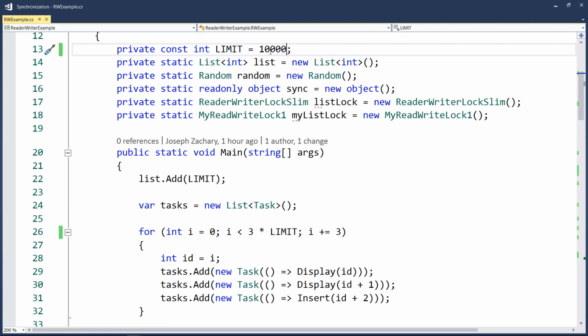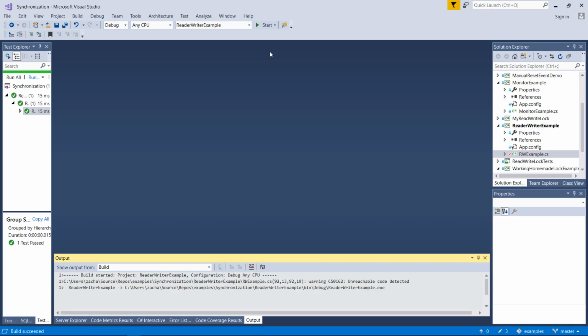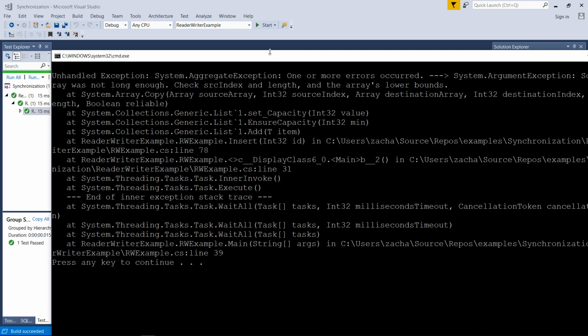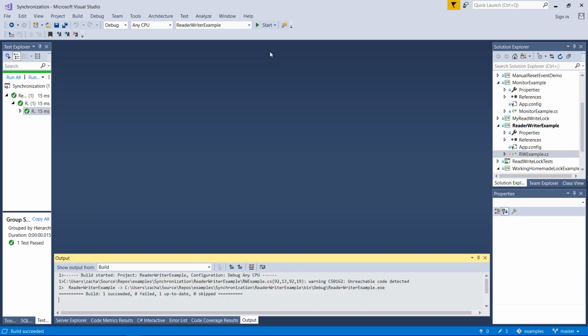So we're running this with no synchronization at all. So we're going to have multiple threads reading and writing lists, the same list at the same time. And there's going to be like 30,000 of them. Right away it crashed. Normally it takes longer. So it's saying here, one or more errors occurred. Yeah, I'm not sure exactly what happened. If you run it again,